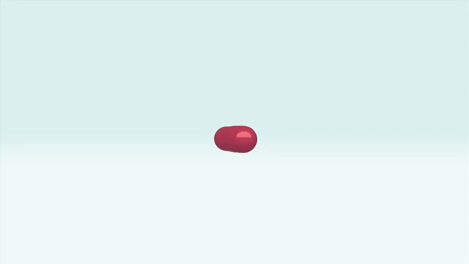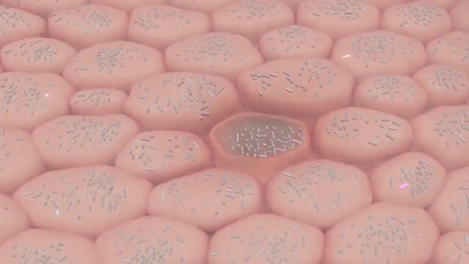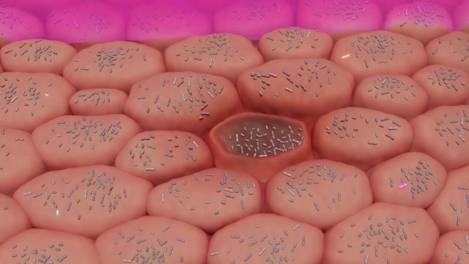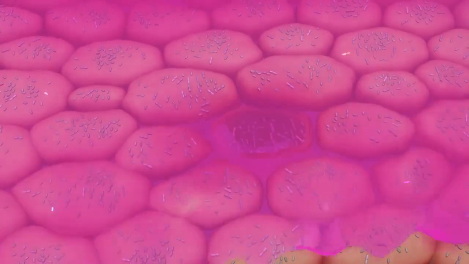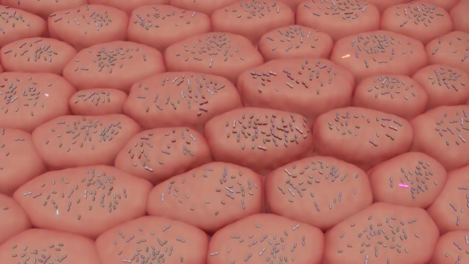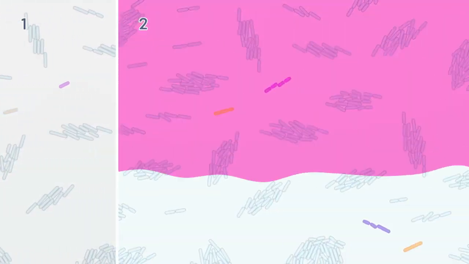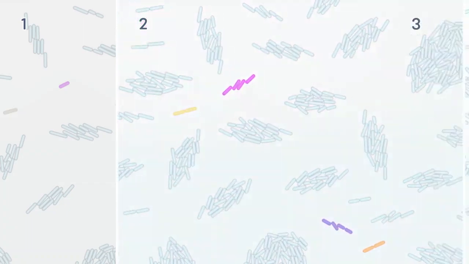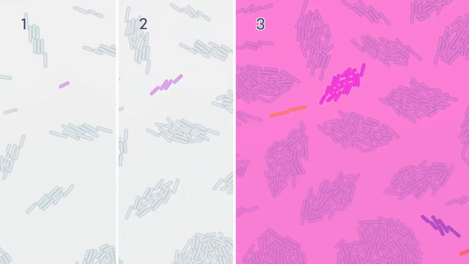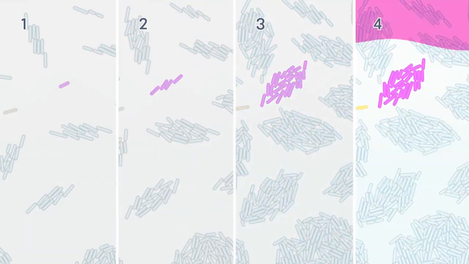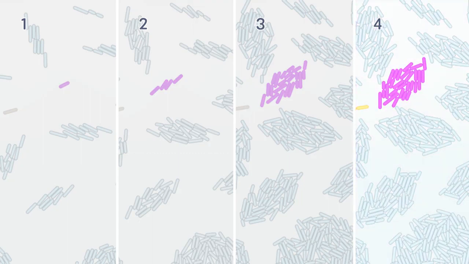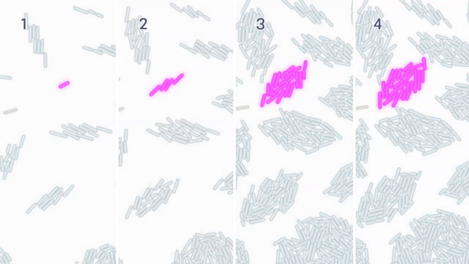How can we change this? We can use our growing knowledge about bacteria to make new drugs. These drugs could, for example, prevent harmful bacteria from causing a disease, but without killing them. So even when resistance to the drug appears, the resistant bacteria will not have an advantage compared to the sensitive ones, because all bacteria would have similar chances to survive and multiply. So the proportions of the drug-resistant bacteria will remain low.